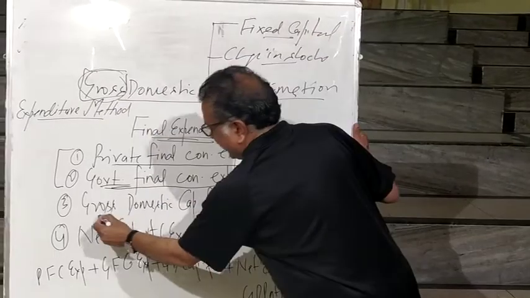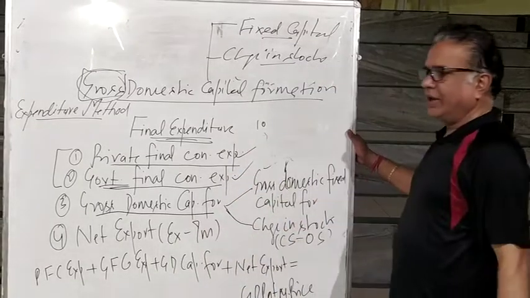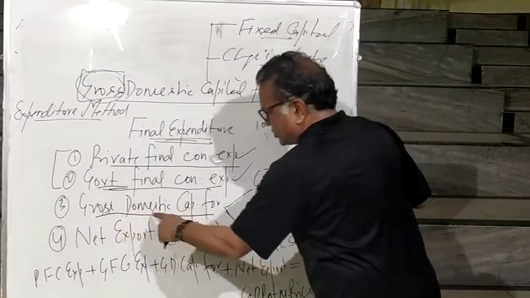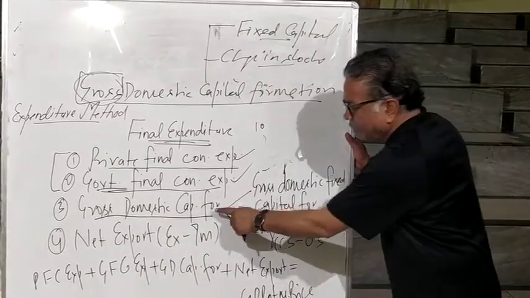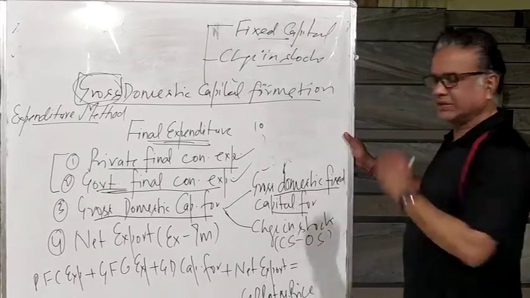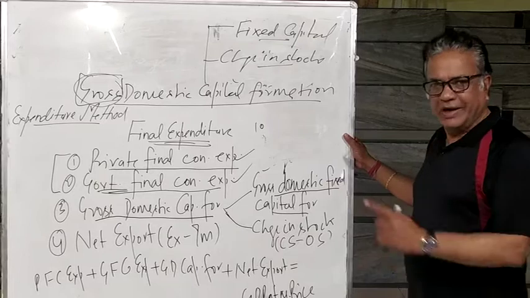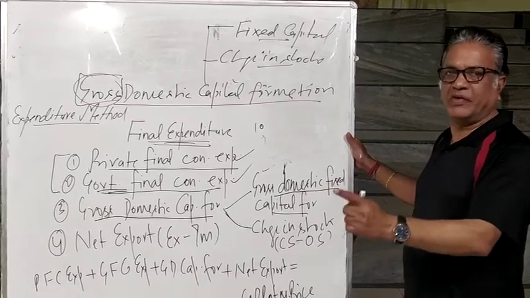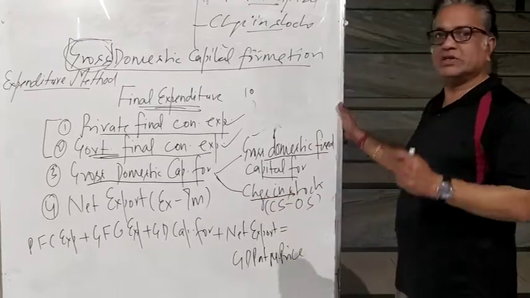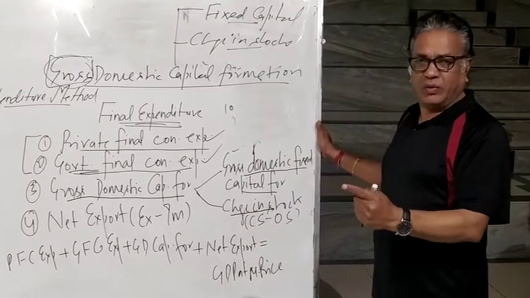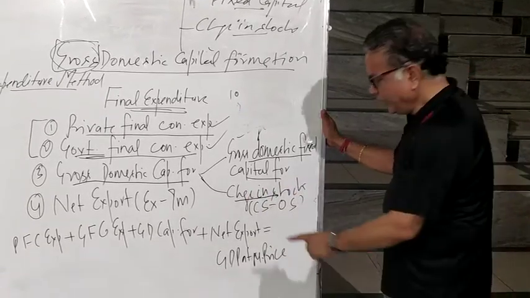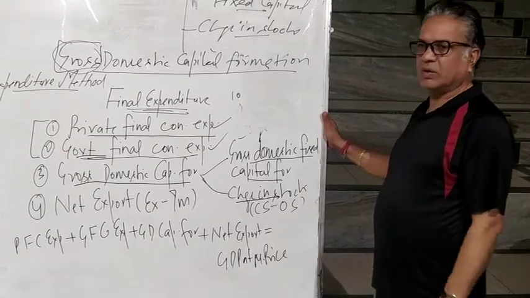So the third expenditure on final goods is by the producer. And how do we calculate producer's expenditure on final goods and services? By calculating gross domestic capital formation. How do we calculate gross domestic capital formation? Gross domestic fixed capital formation. Fixed means building, dam, equipment, machinery, that all will come here. And other capital which keeps on changing, which is in dairy farming, stock of cows, right? So that will come under change in stock. How? Closing stock minus opening stock.